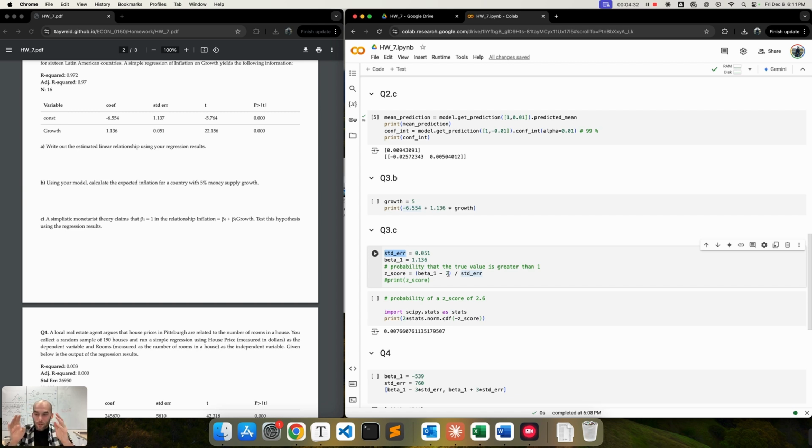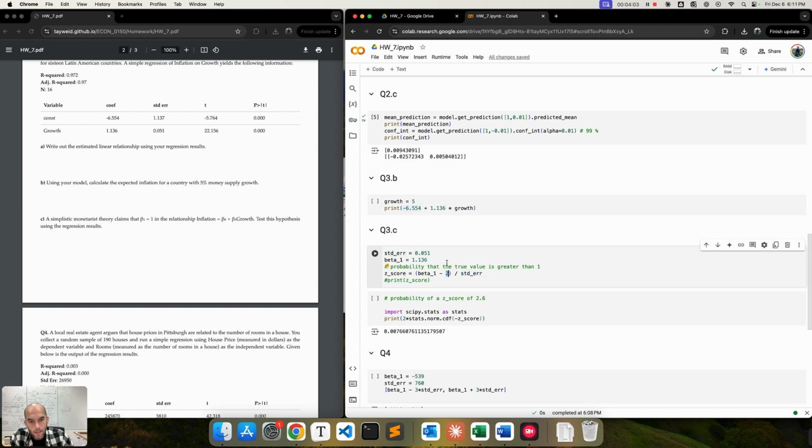Just like we do with hypothesis testing, we're trying to test whether this beta 1 is very close to our null hypothesis. And we have the measure of variability in our beta 1 given to us by the standard error. So we have this variability around our beta 1. We know what the estimate of beta 1 is, and we just want to test how far away